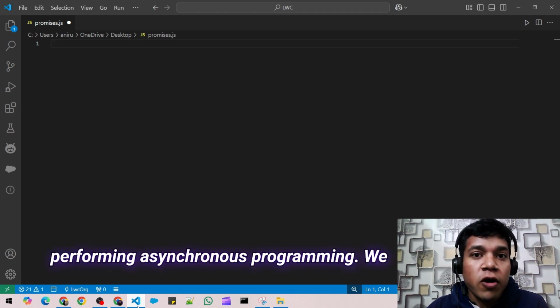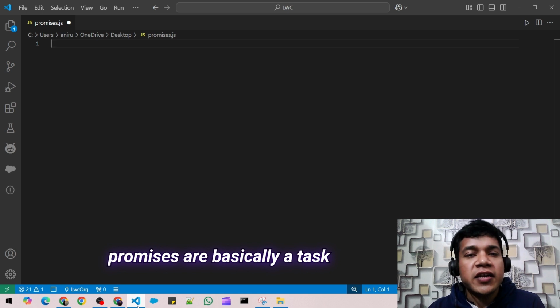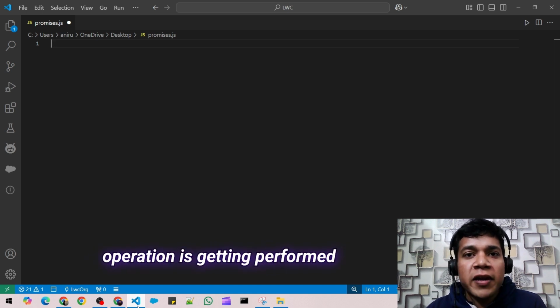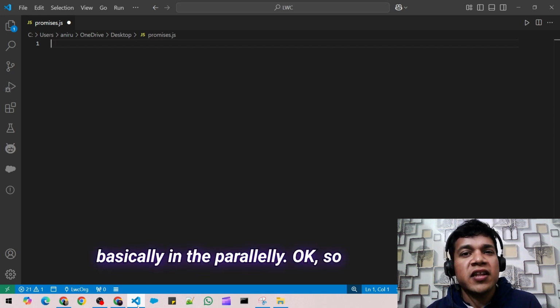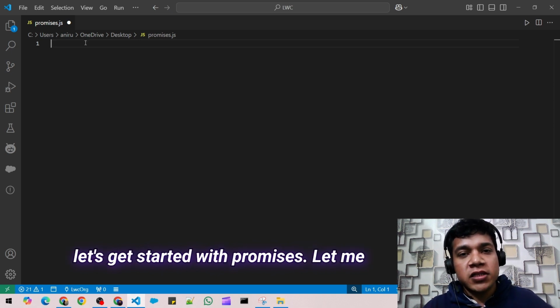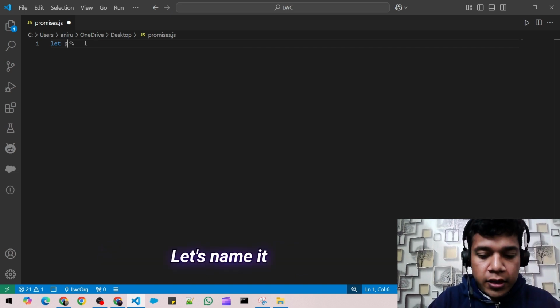So for performing asynchronous programming, we need a thing called promises. Promises are basically a task which represents whether the operation is getting performed successfully or not in the future, basically parallelly. Okay, so let's get started with promises. Let me first create a promise for you. Let's name it